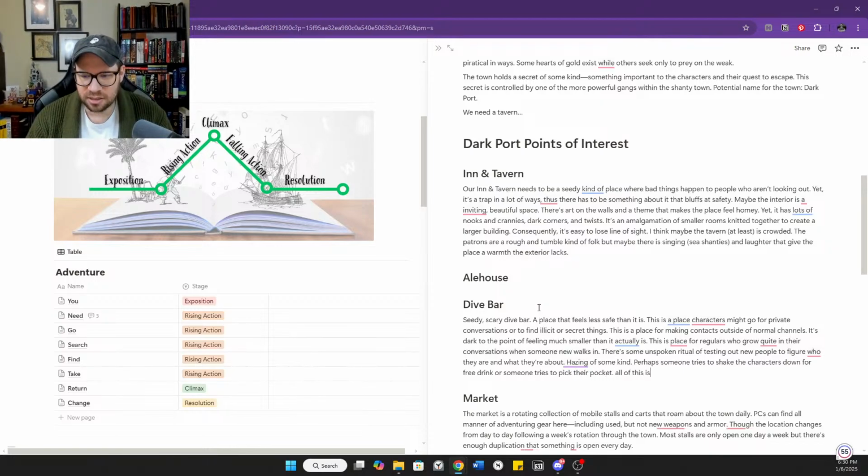All of this is to see if they can hang, like that kind of testing in a place like this. And then once you're in, this is a spot where you can actually make some useful acquaintances.